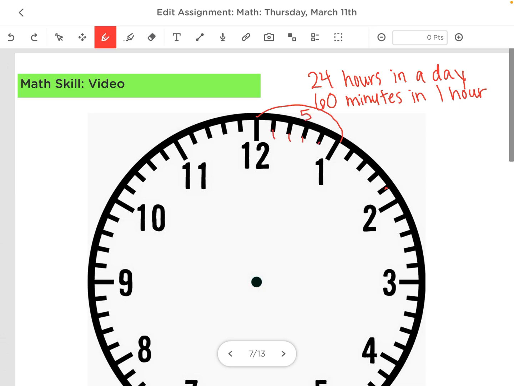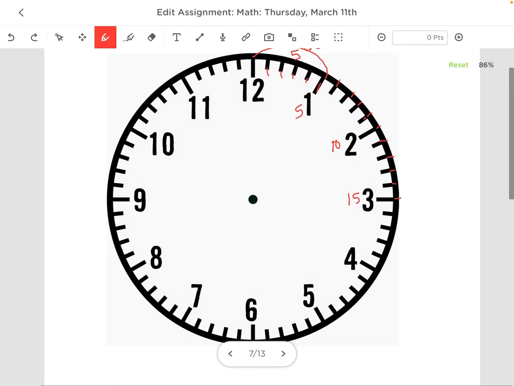1, 2, 3, 4, 5. So that's 5 more. That takes me to 10. 11, 12, 13, 14, 15. So you can see that at every whole number, we can count by fives. 5, 10, 15. What do you think the next one's going to be? 20, 25,